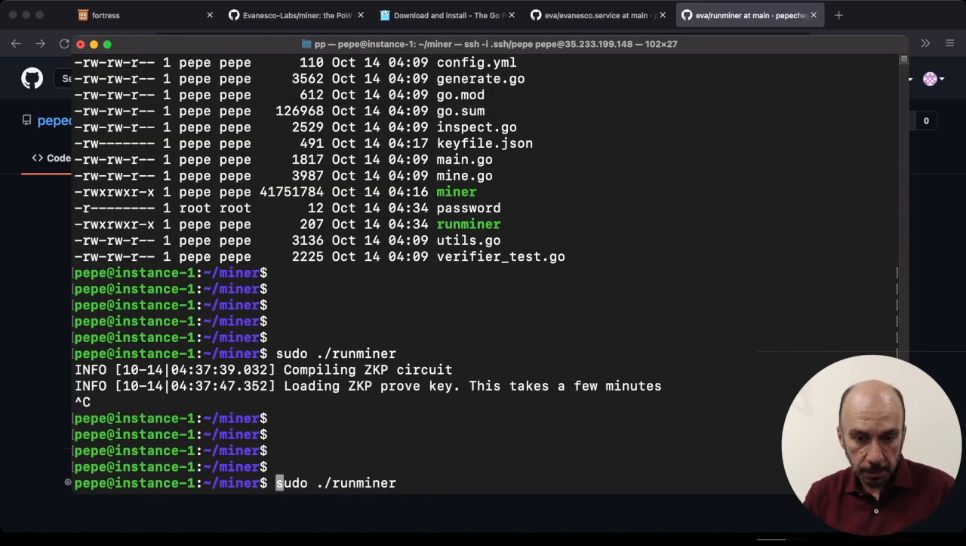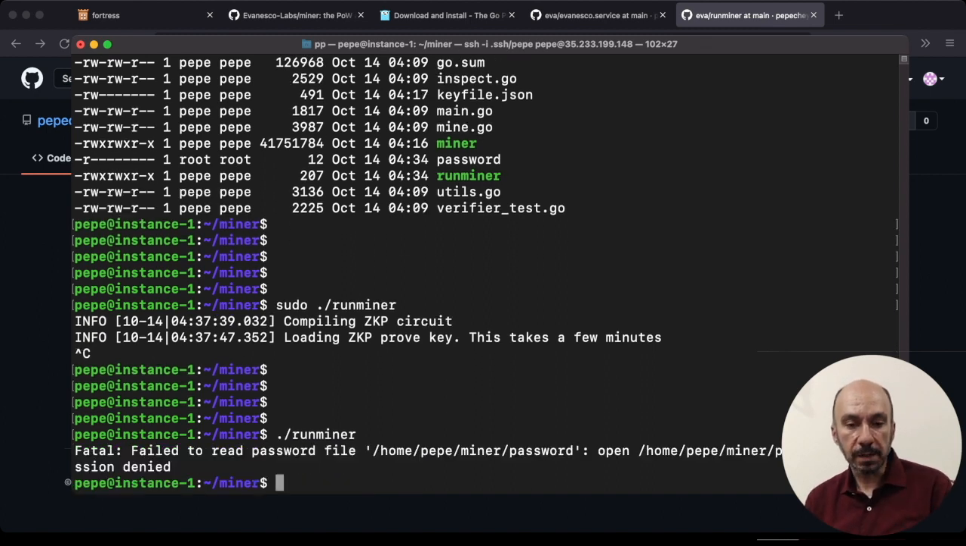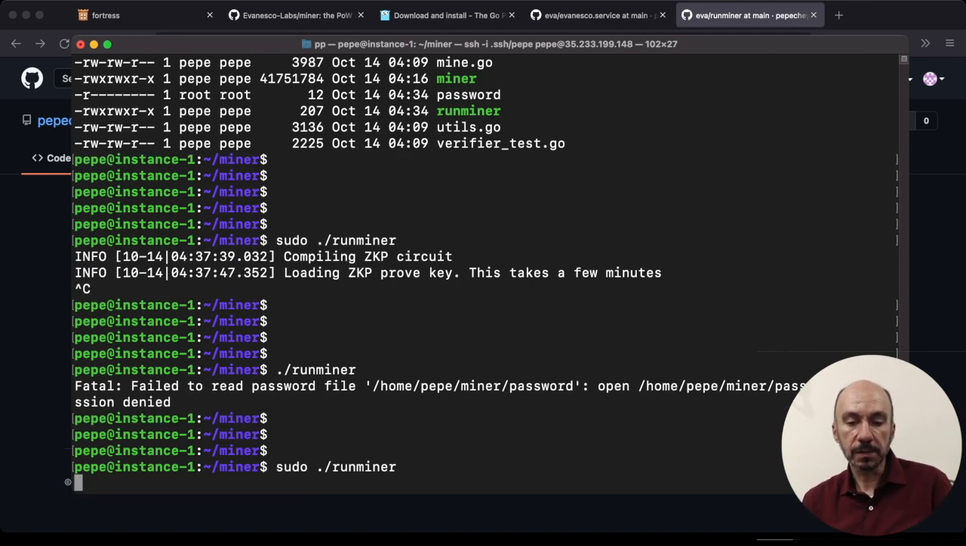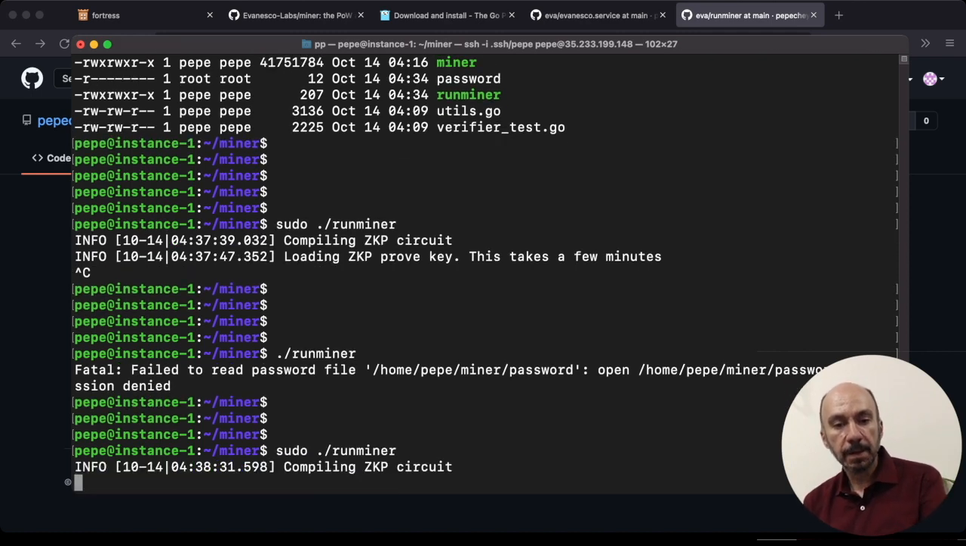There it is. Let's remove this. Run miner. So once it's trying to start, it says it's failed to read the password file because we secured it. So with this, we're making sure that only proper privileges can run our script file. So there you go. With this, you can run one instance. Probably you can